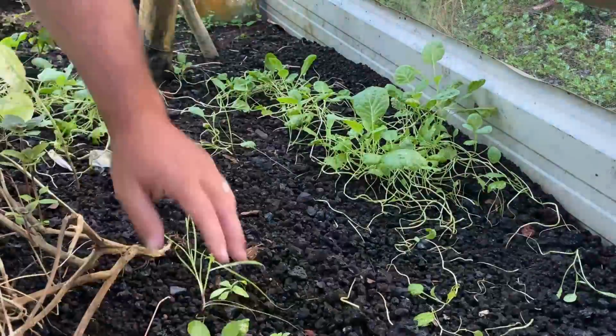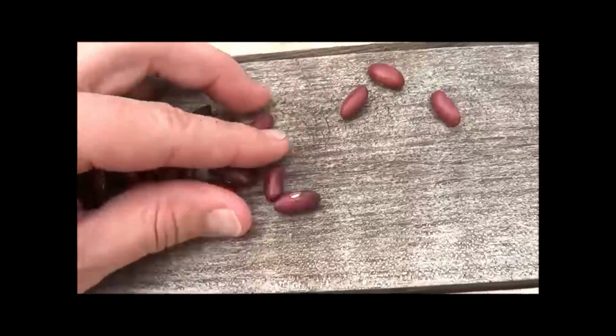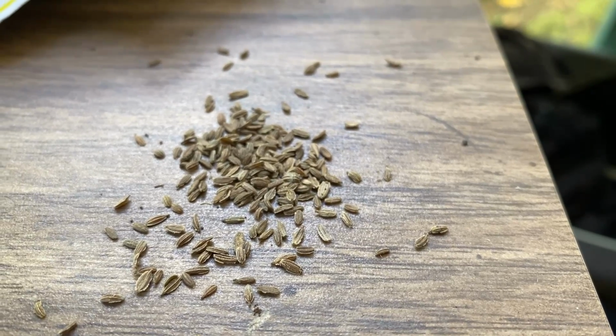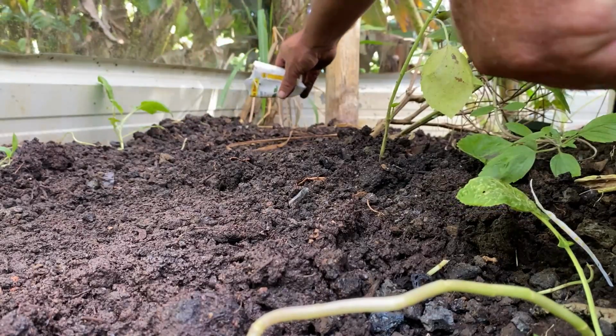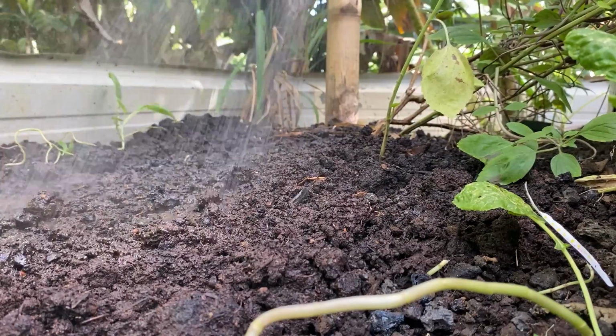So behind me, I cleared out a few of my beds and we're getting ready to seed a few winter crops such as beans, beets, broccoli, collards, kale, carrots, cauliflower, chard, cabbage. You can plant some heat-tolerant lettuces right now if you're in a rat lungworm-free zone. And even some late-season tomatoes and eggplants can be planted right now. If you're lucky enough to have a lot of space to garden with, try sowing a few seeds every 2 to 3 weeks of lettuce, radishes, and spinach so that you can have a continual harvest from now until the